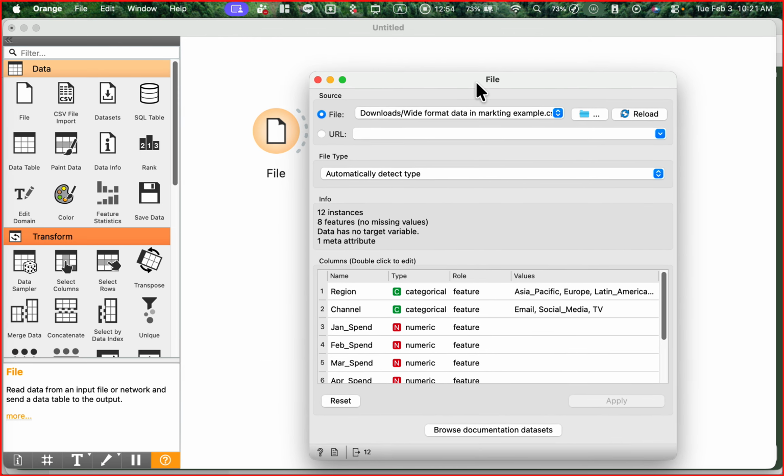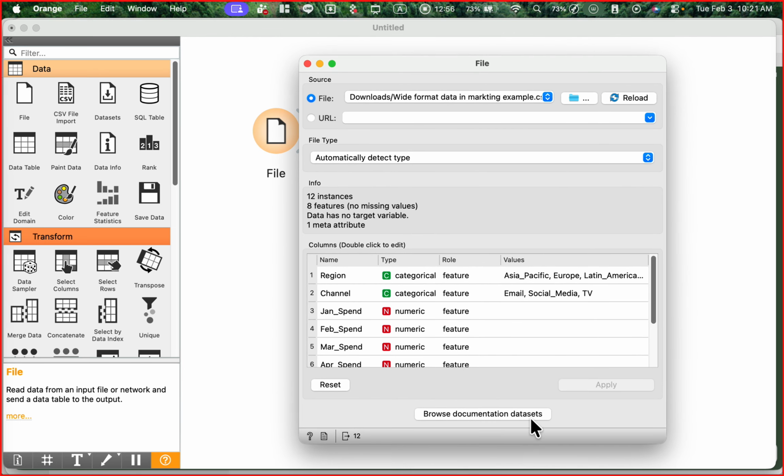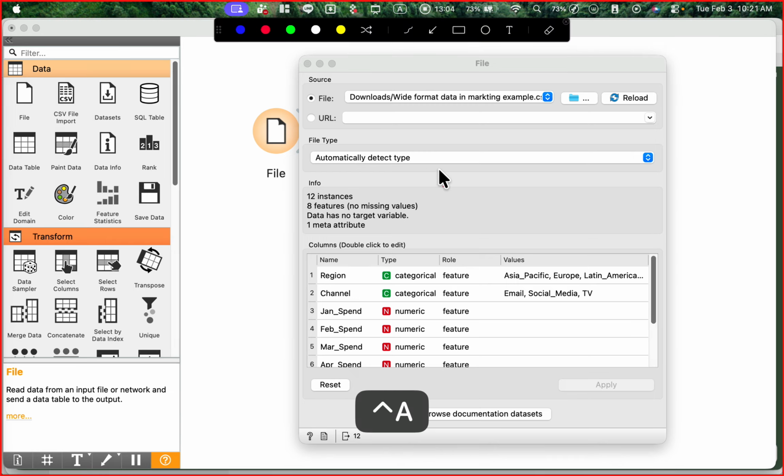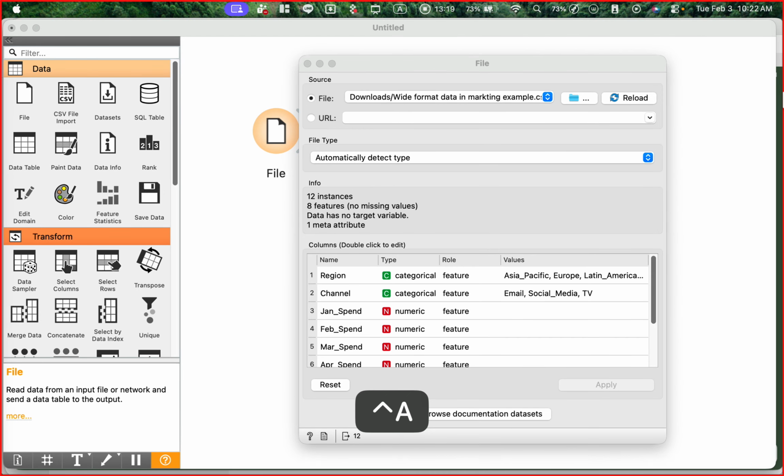Then we need to specify some information, or some parameters. The most important thing is where the file comes from. In the file tab, you have to click the 3 dots to navigate to the location of your file